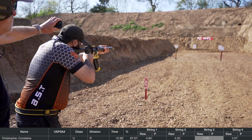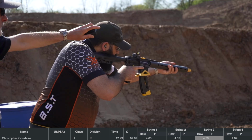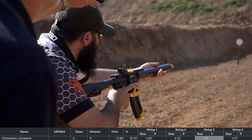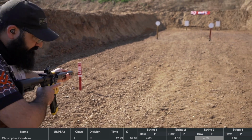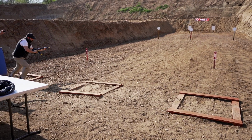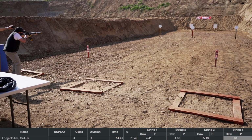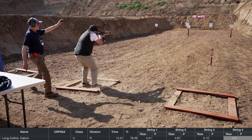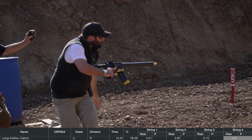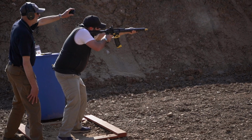stage managed a fastest string of 4.07 seconds. His worst was 4.79, making a total of 12.99, a really decent stage for Connor's. I managed a fastest string of 4.41 seconds. My worst was 5.81, and my overall was 14.41 seconds. So whilst my favourite stage, this wasn't actually one of my better stages of the day, but it was still